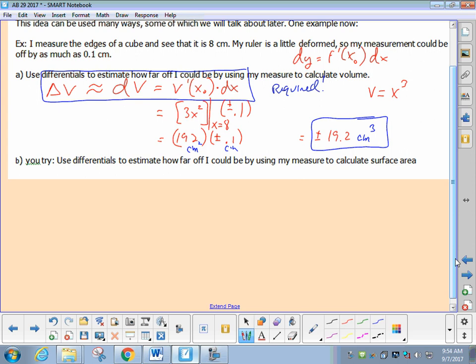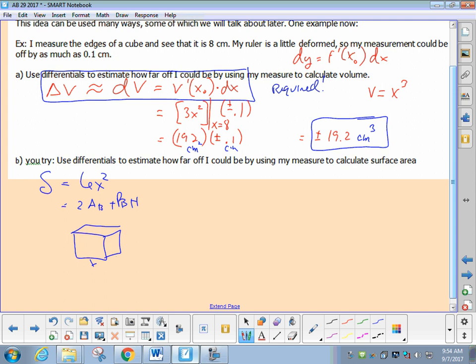Now, if you did not get that, let's see where we are in error. I probably should have in the past problem started with the equation before I went to the calculus. Let's start with the equation. What's the equation for surface area of a cube? 6x squared. Does that hang with 2 area of the base plus perimeter of the base times the height? What the heck? I thought that was a thing.